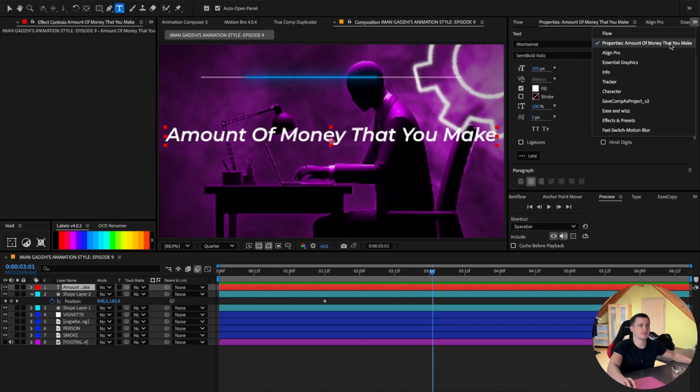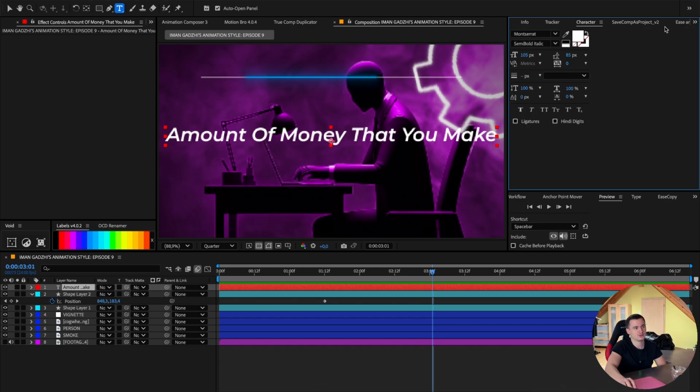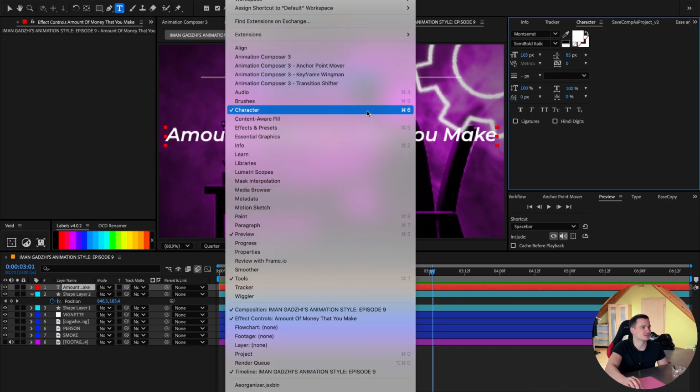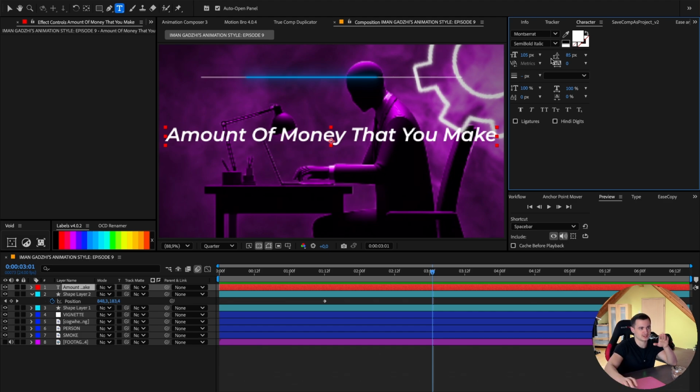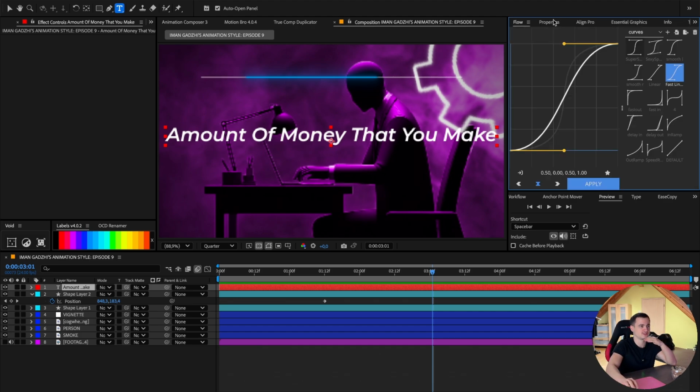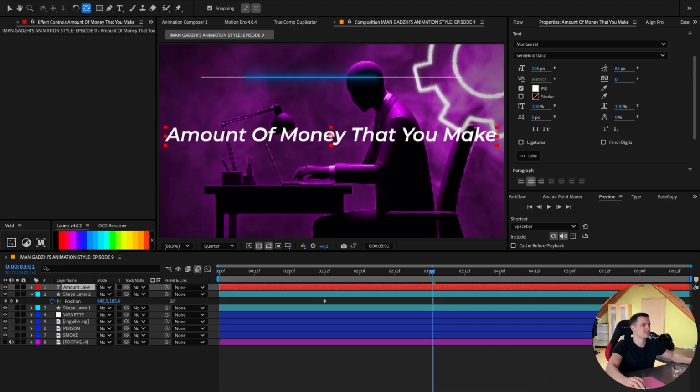Also one more tip, sometimes the text is completely messed up and then you have to go to the window at the top and go to character. And then you have the really complex settings and then you can see if something is messed up. So everything is alright. You can go back, center the anchor point with my technique, drag it back, make sure